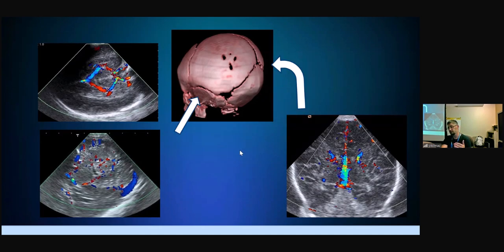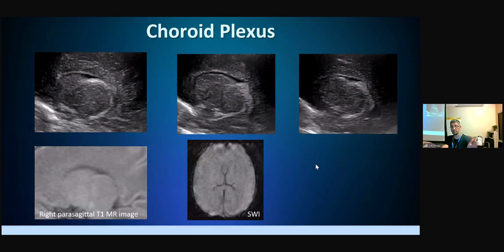So ultrasound allows assessment of the normal anatomy nicely. And now I will show you some normal variants. I will start with the choroid plexus. Choroid plexus is echogenic. It lies within the lateral ventricles, extends into the third and fourth ventricles, and hemorrhage also appears